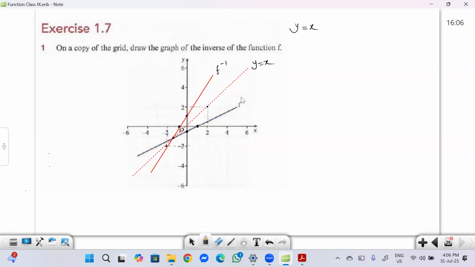Now what you need to do, we need to reflect on the line y equal to x. Okay, so what you need to reflect? The f. So if f is ধরো here, তাহলে এটা আসলে এই আমরা যদি y equal to x একটা মিরর রাখি, মিররের ক্যারেক্টার কি? ক্যারেক্টার হচ্ছে সে রিফ্লেক্ট করে সেম ডিস্টেন্স পিছনে নিয়ে যায়। তাহলে তোমার এই পয়েন্টটার রিফ্লেকশন এই জায়গায় হবে, যেখানে আমরা ড্র করছি। তারপর এই পয়েন্টটার রিফ্লেকশন এখানে হবে। তারপর ধরো এই পয়েন্টের রিফ্লেকশন এখানে সিমিলার